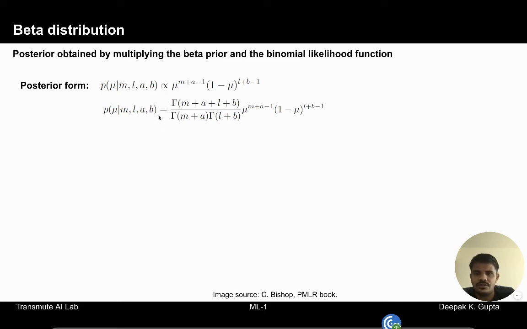Since the posterior is exactly the same as the prior with just small replacements, we can use this posterior as a new prior. And if we have more observations, we can build again a likelihood function on top of that and compute an updated posterior.